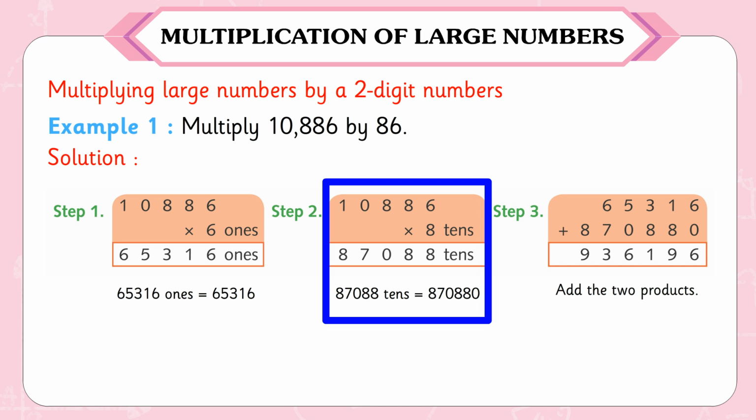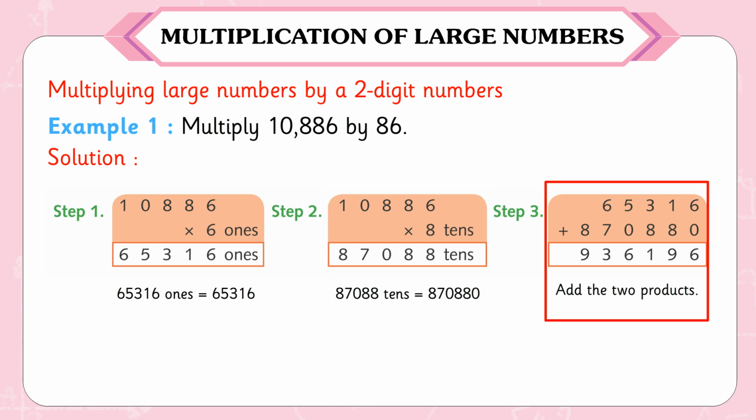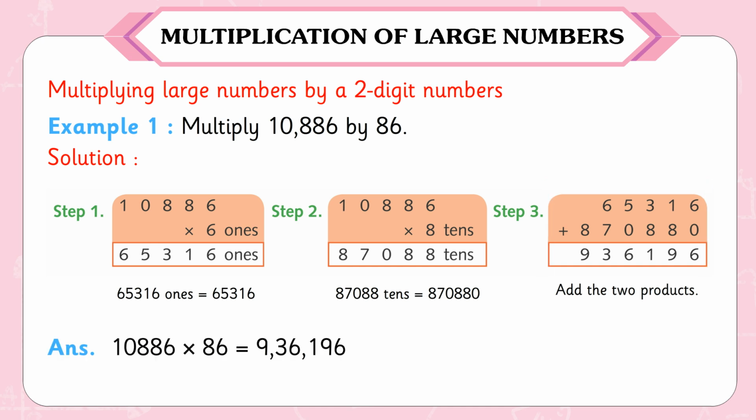65,316. Step 2. 10,886 into 8 tens. 87,088 tens. 87,088 tens is equal to 8,70,880. Step 3. 65,316 plus 8,70,880 is 9,36,196. Add the two products. Answer: 10,886 into 86 is equal to